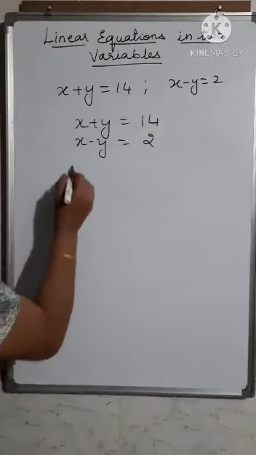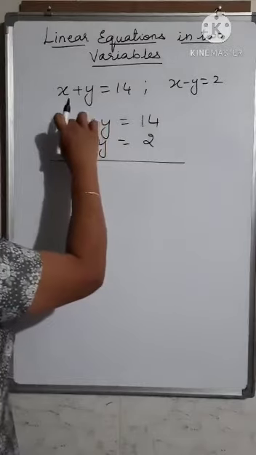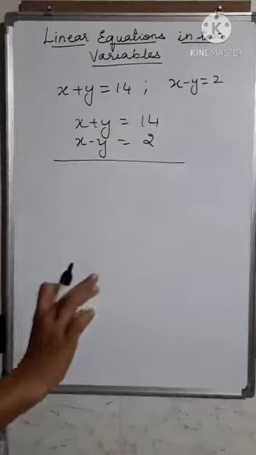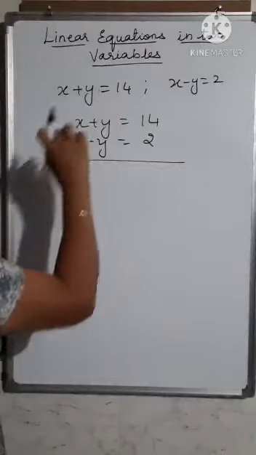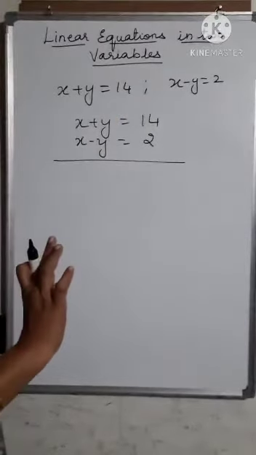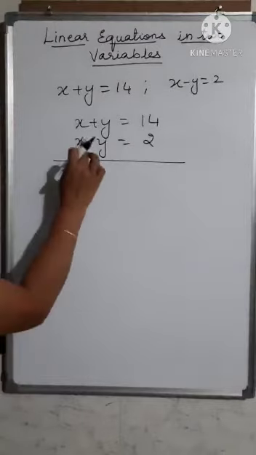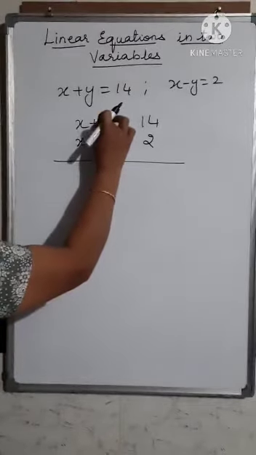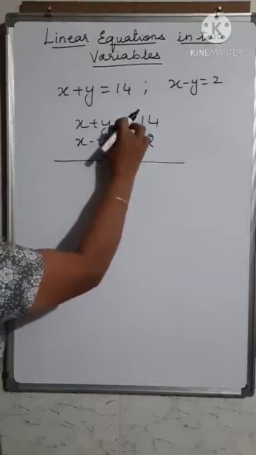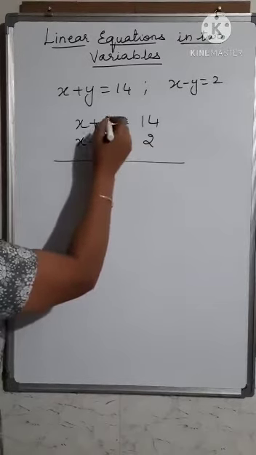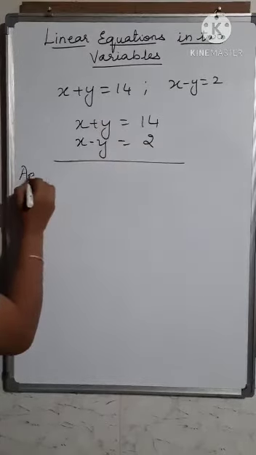After writing the two equations, you can see that both variables have the same coefficient. If you have the same coefficient, you can eliminate any one of the variables. But here you can observe that you already have one plus and one minus sign. This is with plus sign and this is with minus sign. So directly by adding both the equations,